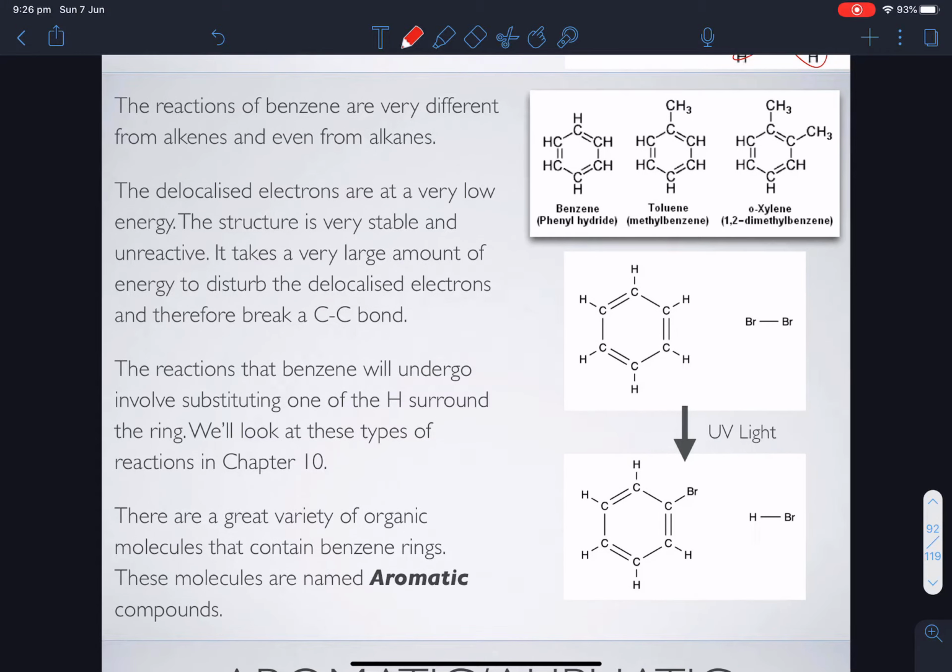Okay, for these reasons, benzene is very different, in some ways, than alkenes or alkanes. The delocalized electrons are at a very low energy. It produces a very stable molecule. So benzene itself is very unreactive,